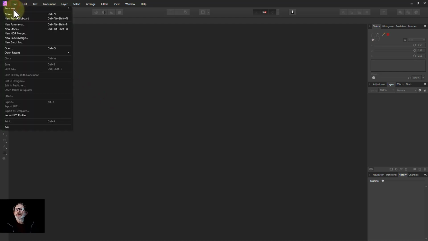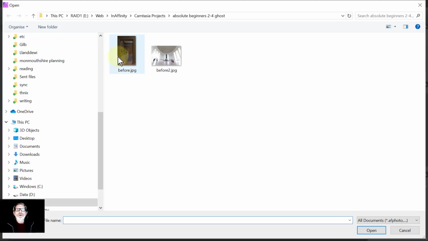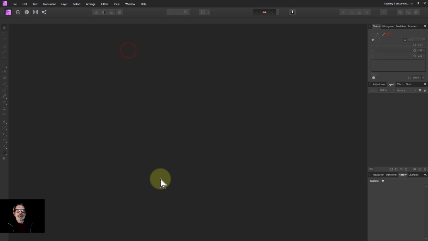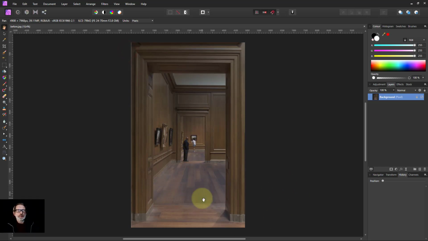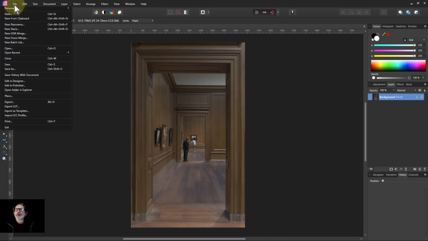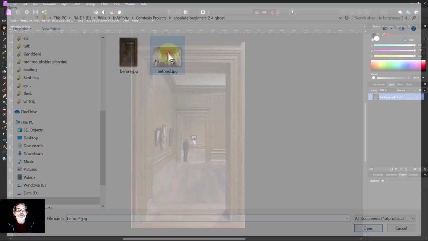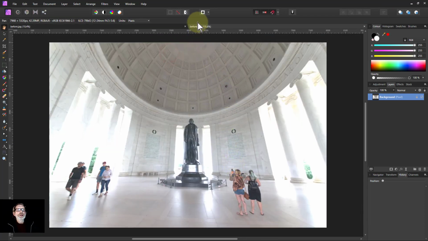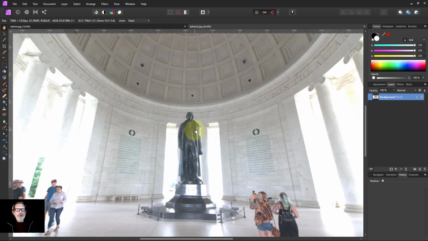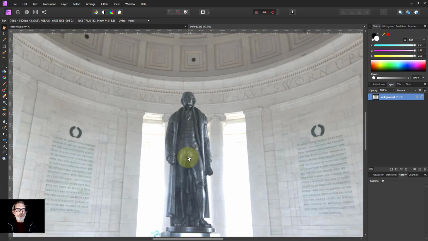So first of all, I'm going to File, Open, and open a picture here, which is in a museum, and I'm going to open File, Open again, and open another picture, which comes here in another tab, and this is the Jefferson Memorial, and this is Mr. Jefferson here. So we're going to take this one here, we're going to go up to him here,